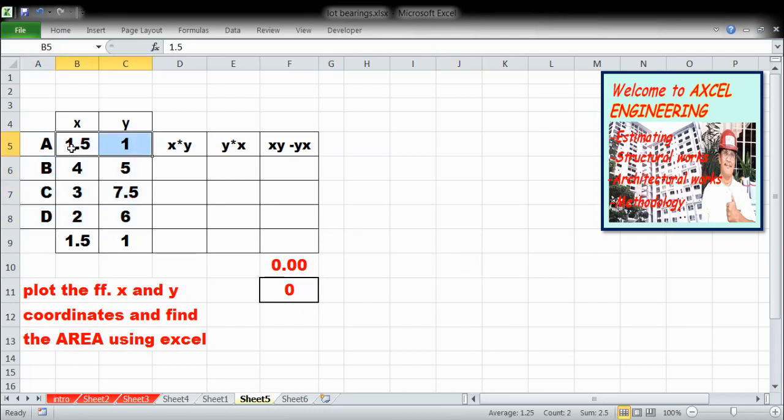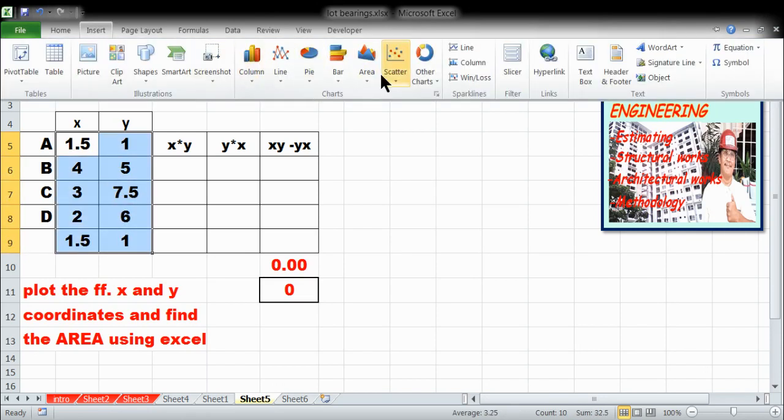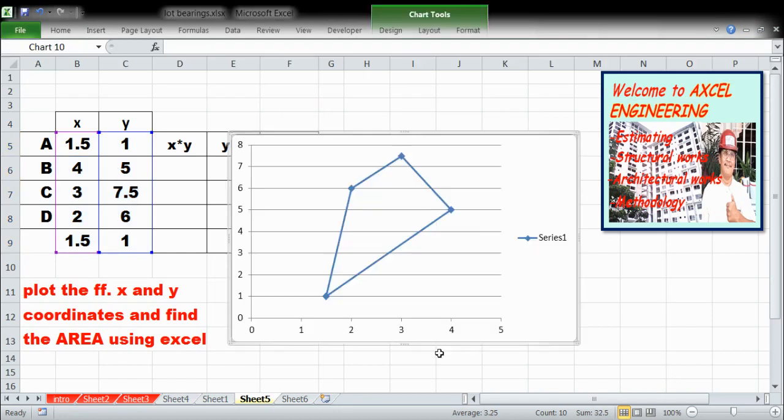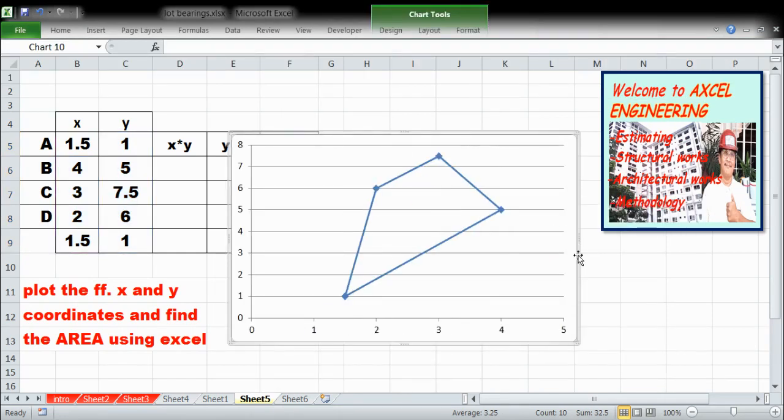So, uulitin natin ito. We will pick 1.5 and 1 here. Okay. We will select all these cells. Okay. Go to insert. Go to scatter. Then select scatter with straight lines. Okay. Ito na yung ating itsura ng plotted